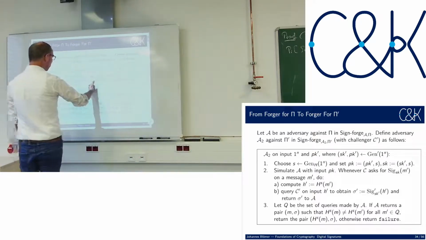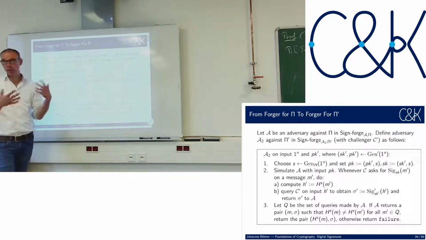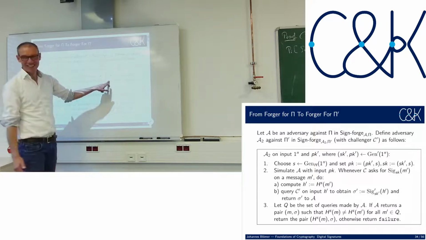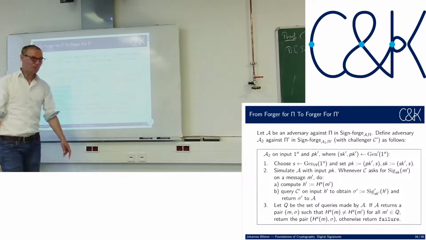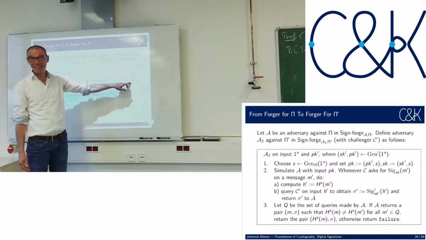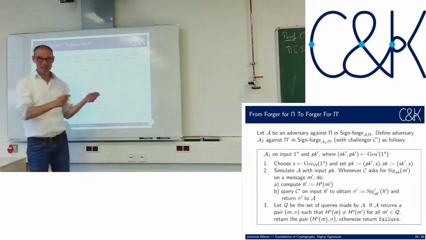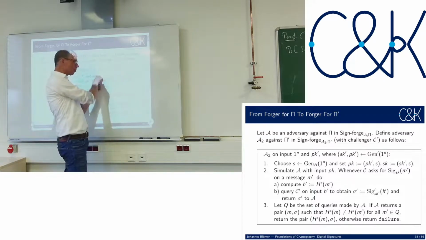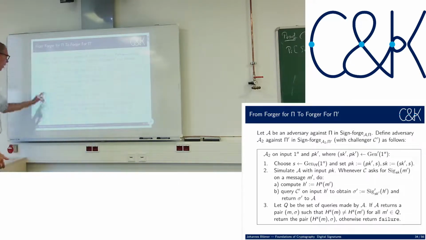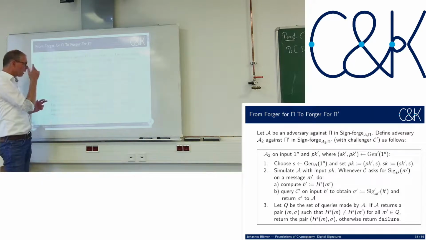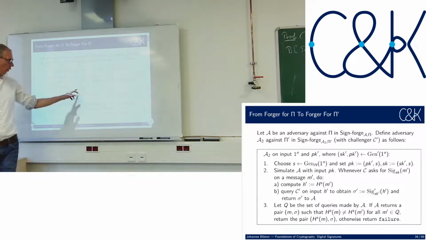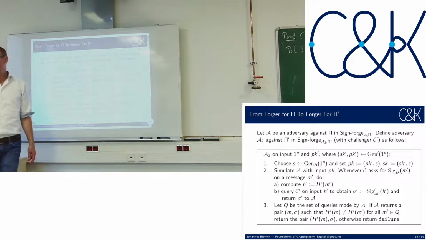Now we simulate A with input pk, which we generated correctly. Whenever A asks for the signature on M prime under this secret key, which it doesn't know, it wants a signature under the secret key corresponding to this public key. That's why I said this is implicit. On a message M prime, we do the following. We generate the hash value. We know the key S, we generated it ourselves. And then